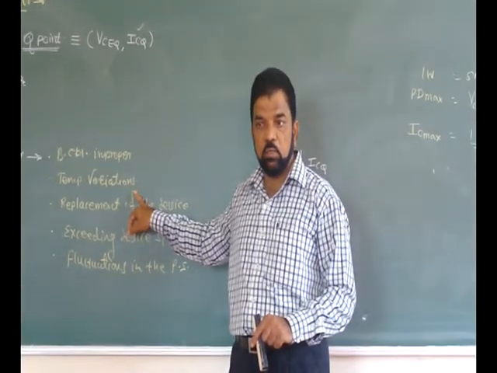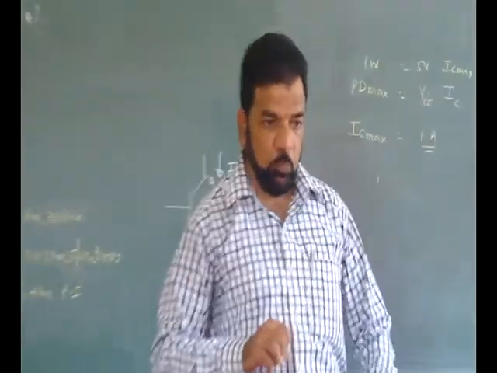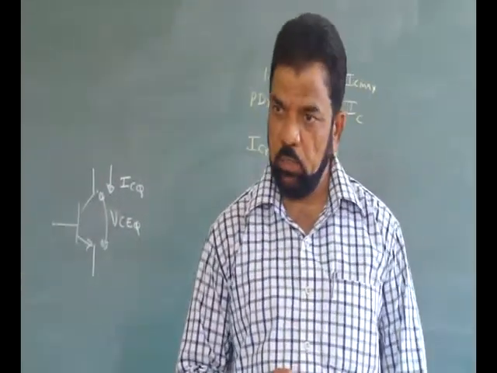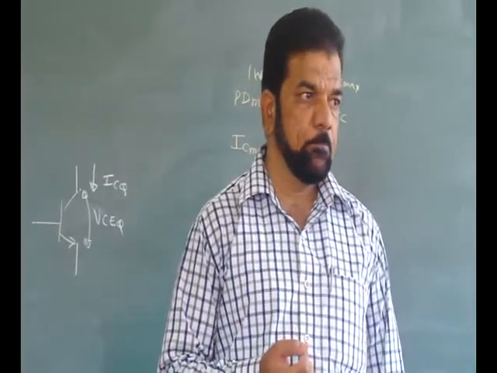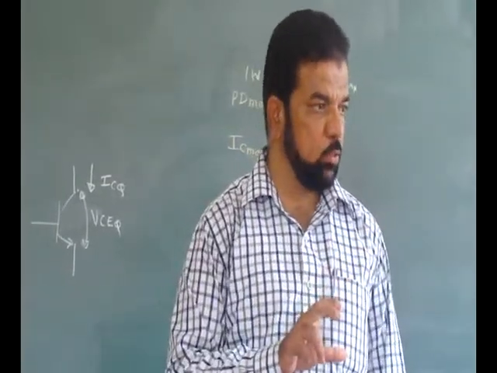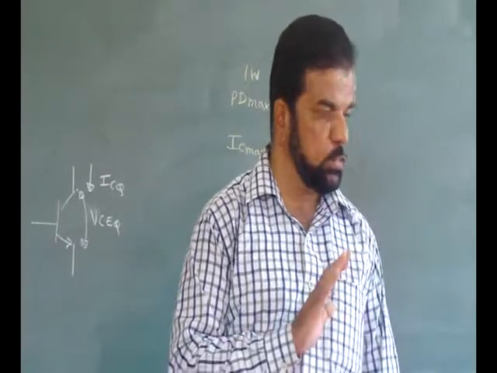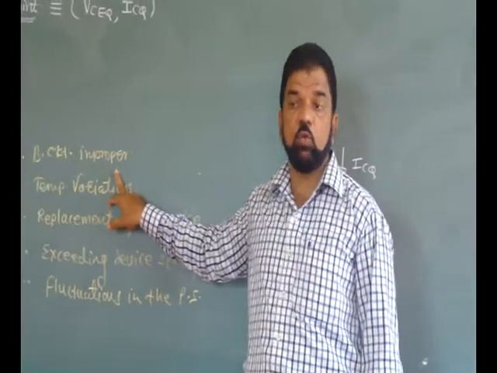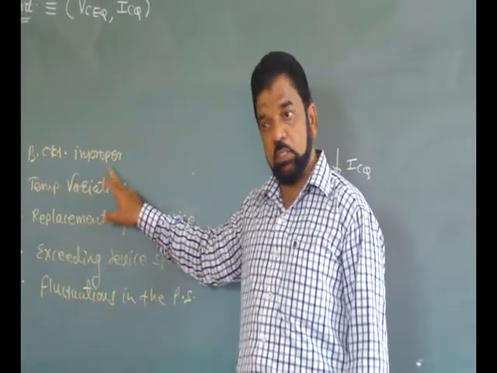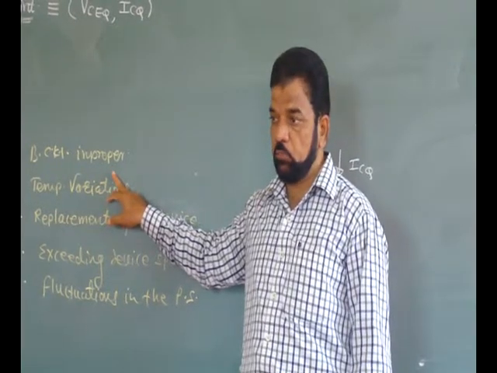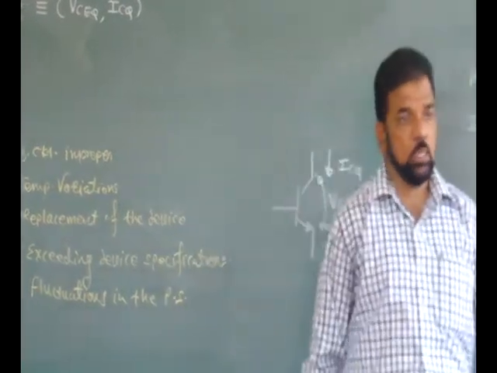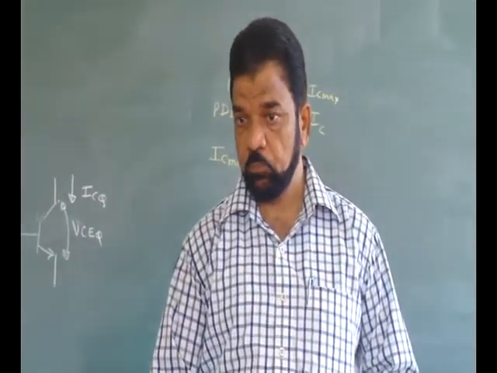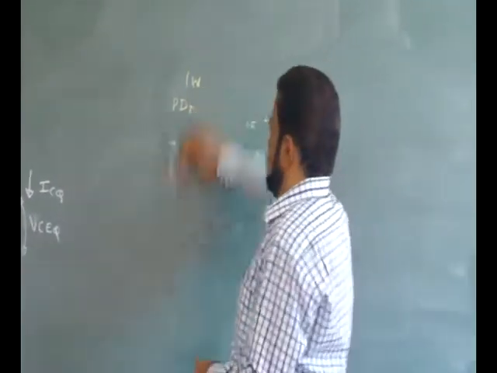Why? If the temperature here is 30 degrees, it does not suddenly become 40 degrees at 1 o'clock, and it is not going down to 20 degrees either. Over our practical hours, the temperature remains almost constant. No problem with this one. And here we have to take care: when we go for a biasing circuitry, we have to select the appropriate circuit. If we take care of these points, definitely your design will be perfect. Are you getting this? Any doubts?